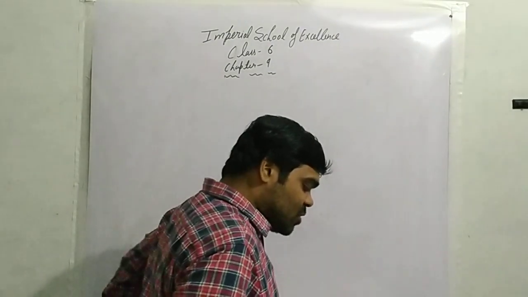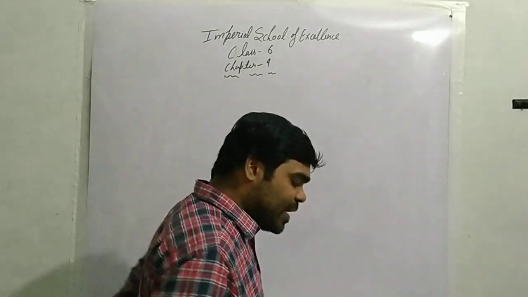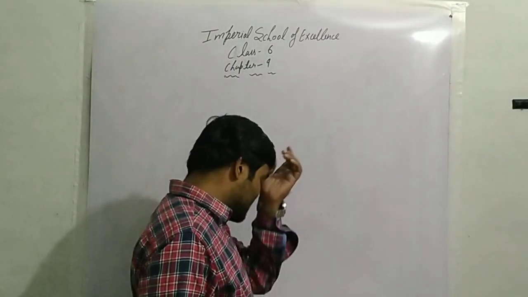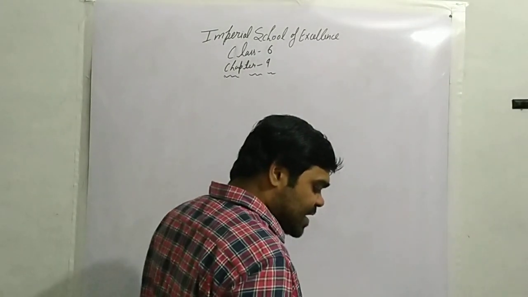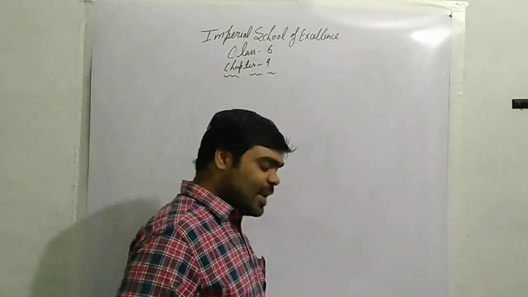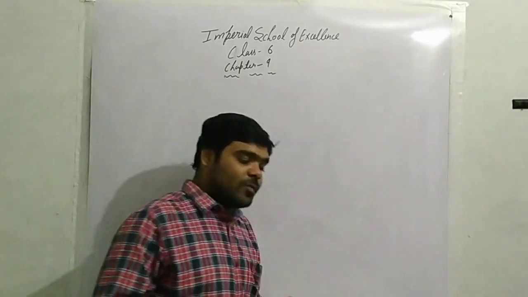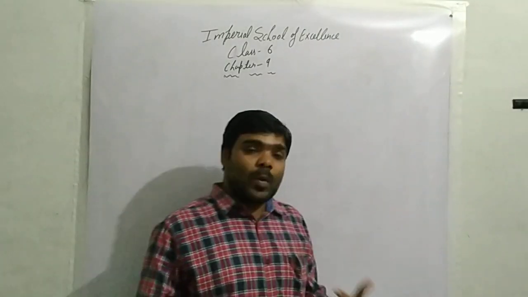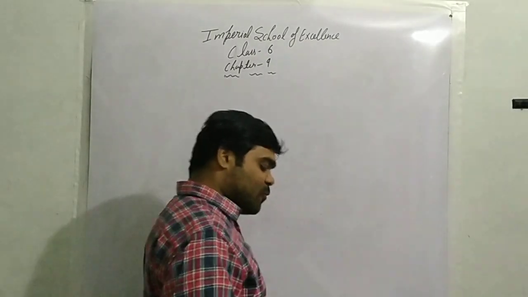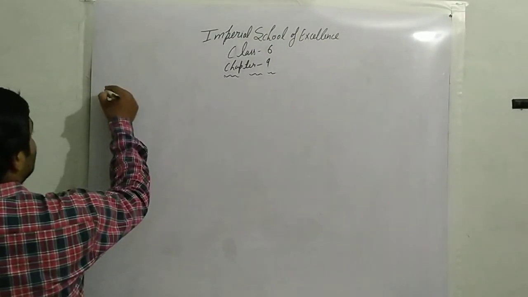First of all, in arithmetic, we usually come across statements of the following type: 16 plus 5 equals 20. What is a linear equation in one variable? First of all, we have to know about the chapter. What is the meaning of equation? What is the full meaning of equation?